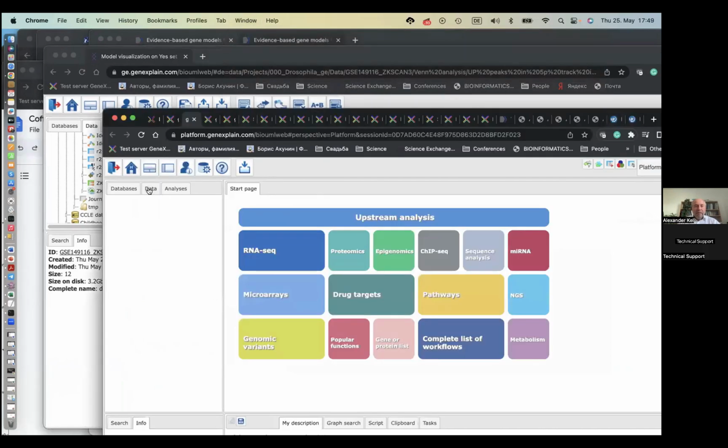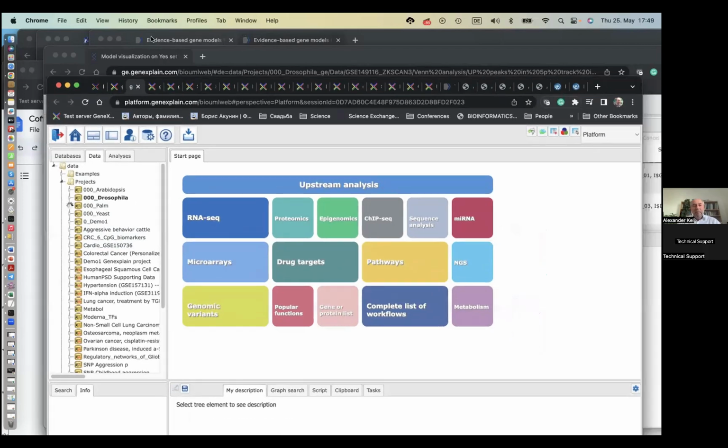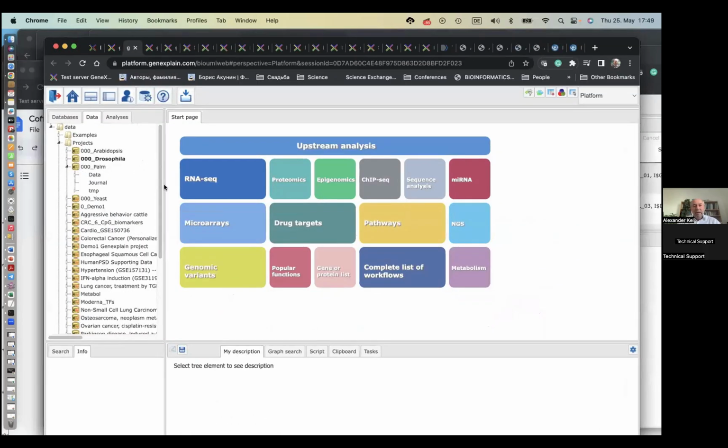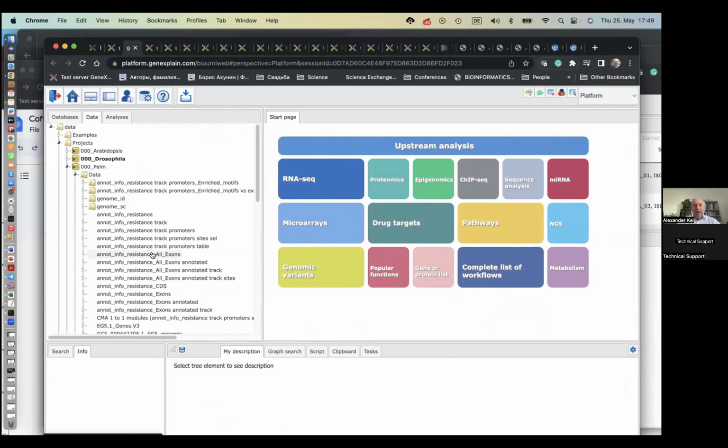Actually, genome. So you see this palm genome. Since we don't have this among our standard genomes, first you have to download this genome into the platform. And for downloading,